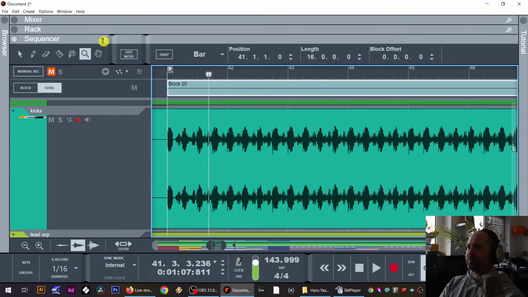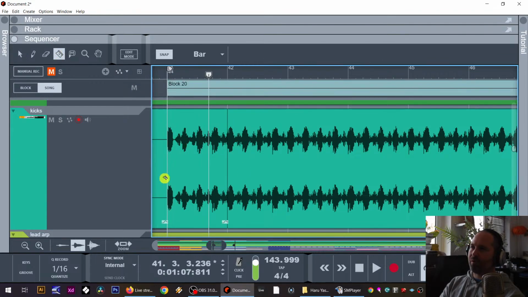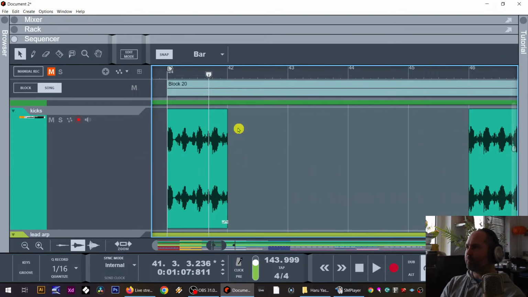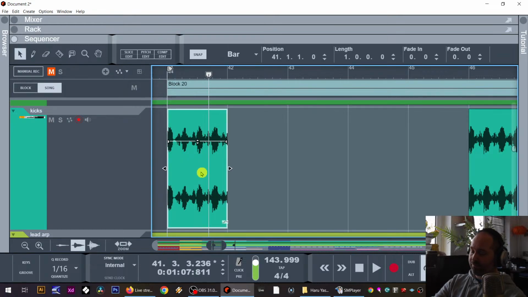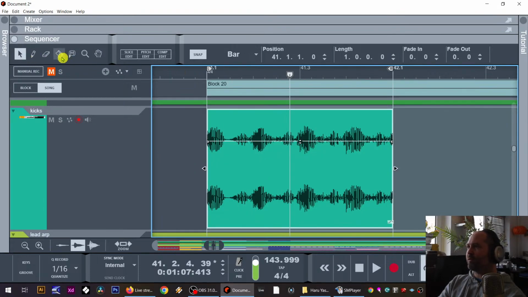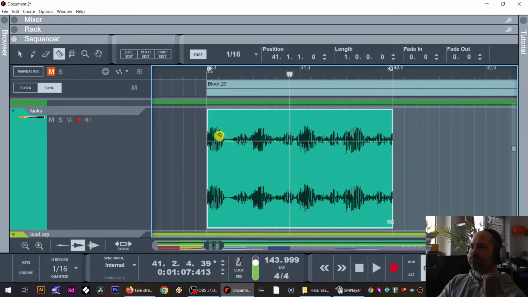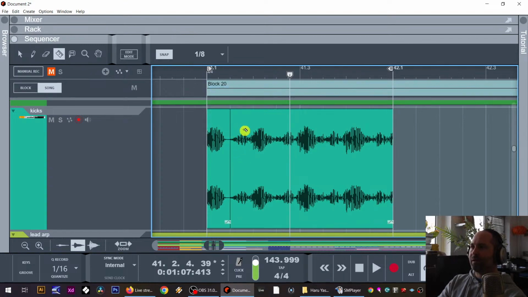Let's look at a little section. Yeah, okay, so we're gonna put the snap on. I'm gonna cut just like a bar. Move this out the way. And let's just select this clip and press P to loop it. It's probably got too much going on, so maybe what we're going to do is use the razor tool, put it on 1/8, and then we're going to cut it to different sections,